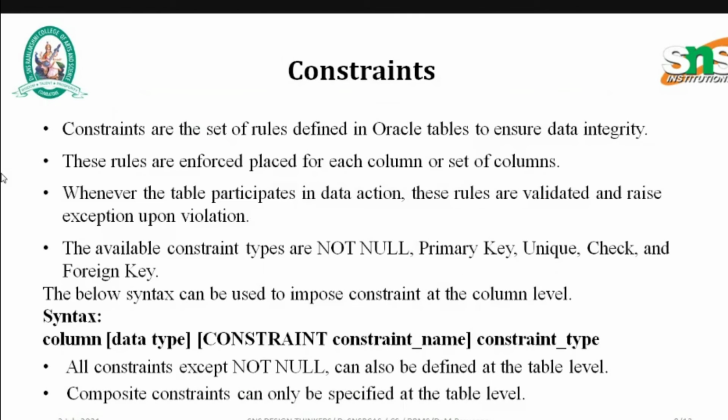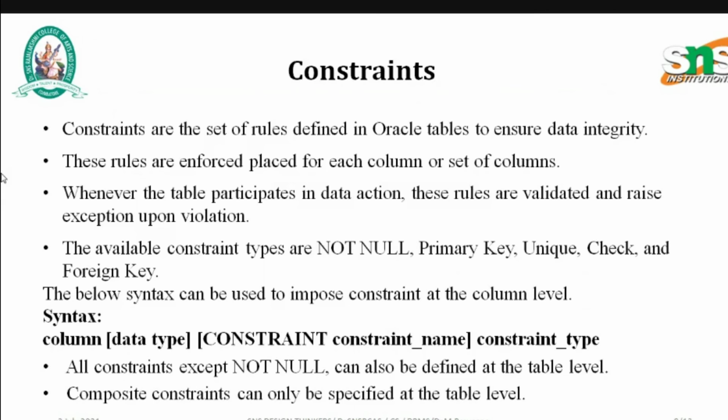Next one is constraints. Constraints are the set of rules defined in Oracle table to ensure data integrity. These rules are enforced for each column or set of columns.